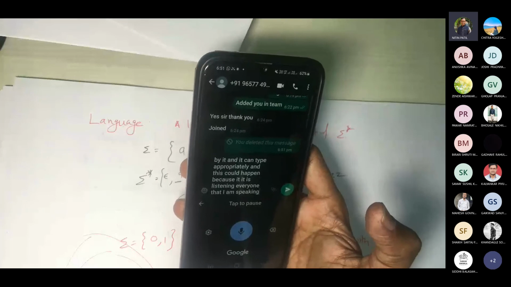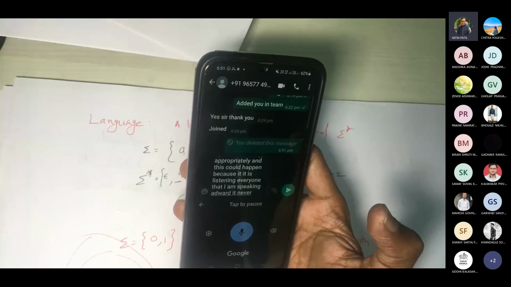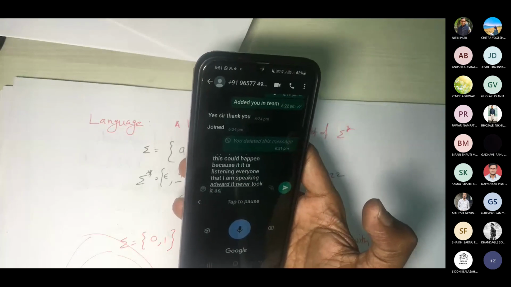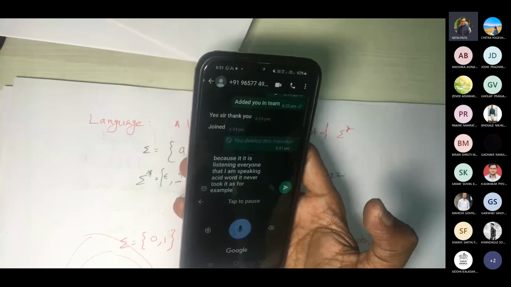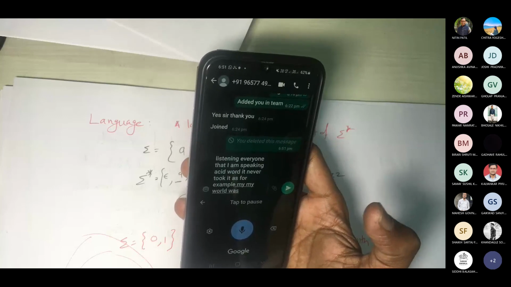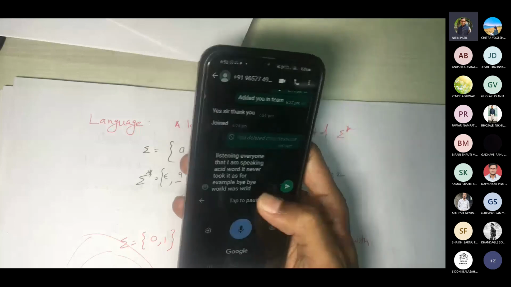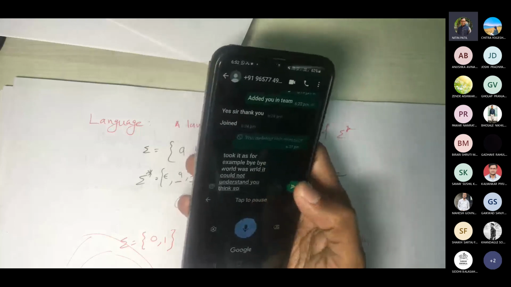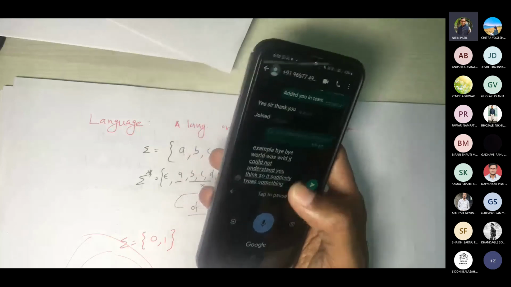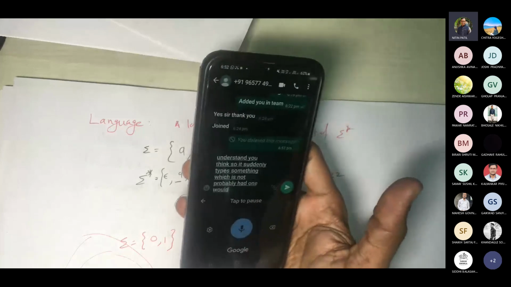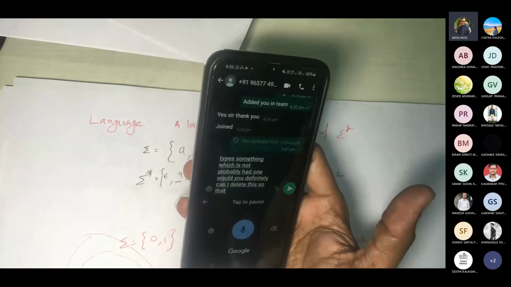When I said word, it never took it as, for example, my word was WORD. Now see, it could not understand a few things, so it suddenly types something which is probably not valid. But you can definitely edit this, and that editing will help you get the notes.